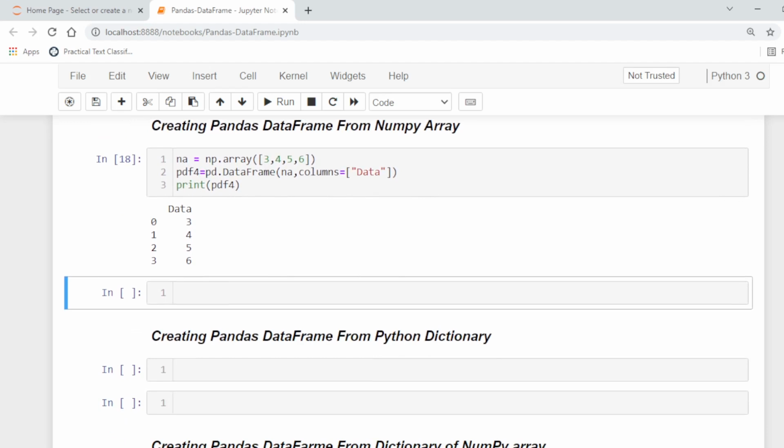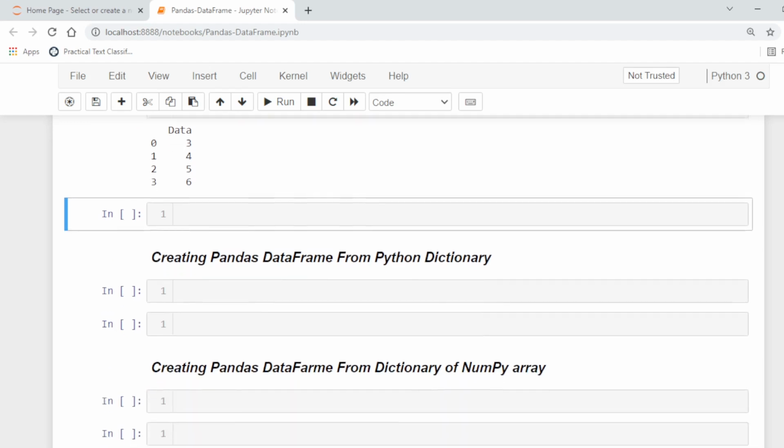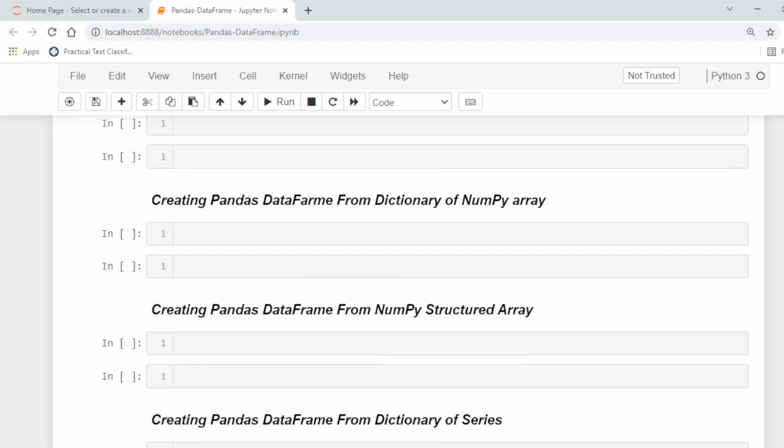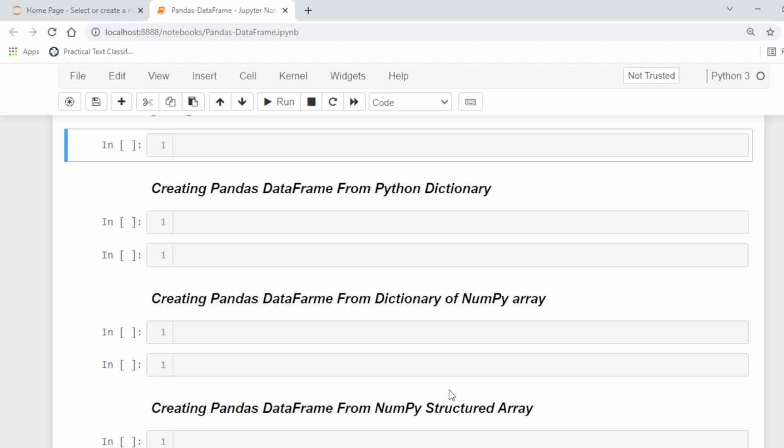In the same way, we can use a two-dimension array of NumPy to create pandas data frames, and also we can create a pandas data frame from a Python dictionary. For example, let's say we have a Python dictionary like this one.